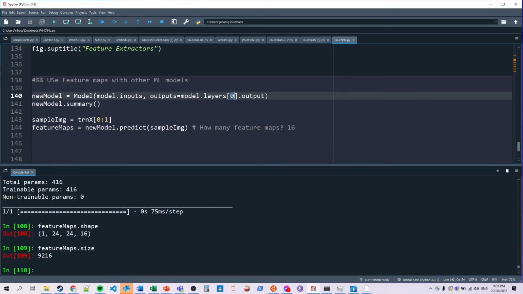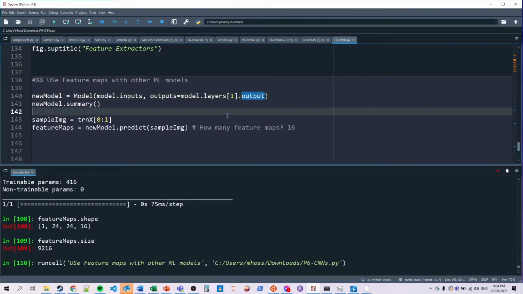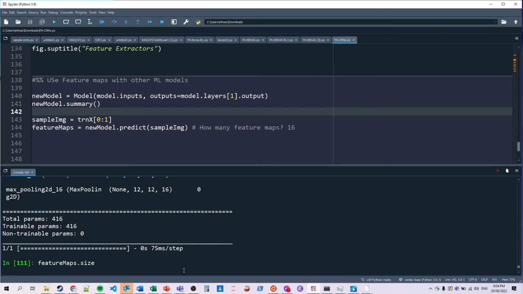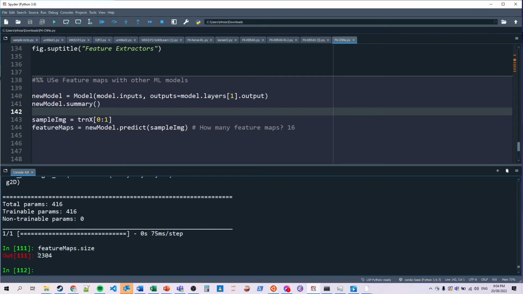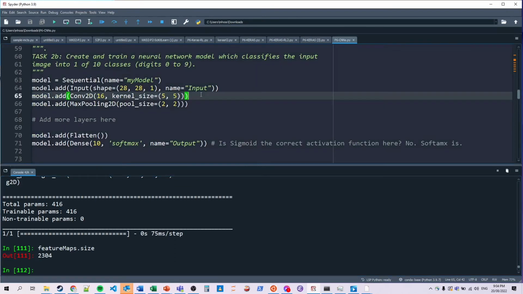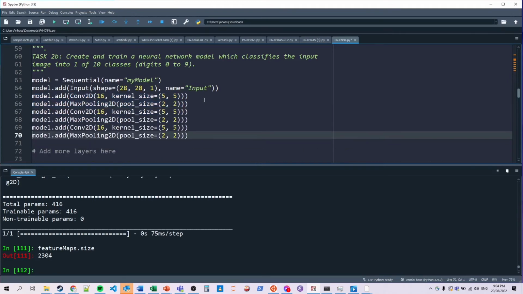So let's take maybe the layer after the pooling. The very first layer was just convolution. The layer after the pooling should drop things a little bit. So after the pooling, it's 12 by 12 by 16. So now if we get the feature map.size, this will be 2304. Still way too much. So we might need to actually consider expanding our model a little bit to learn more features, but at the same time